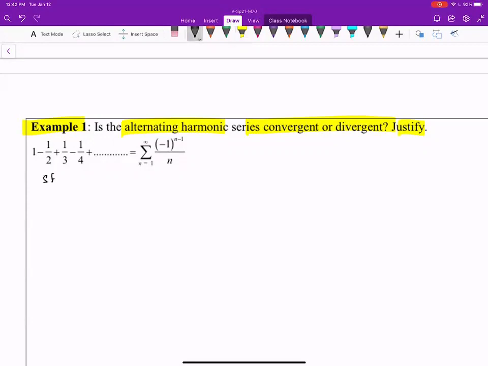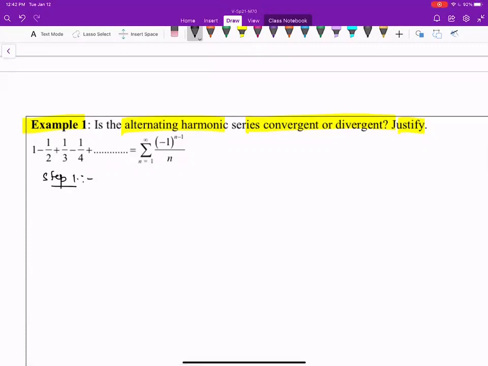Anytime you see terms with negative 1 to the power n minus 1 or negative 1 to the power n associated, then the series is an alternating series. The given series is an alternating series. Once you recognize that, you would apply the alternating series test. For that, we have two conditions. One, we have to show